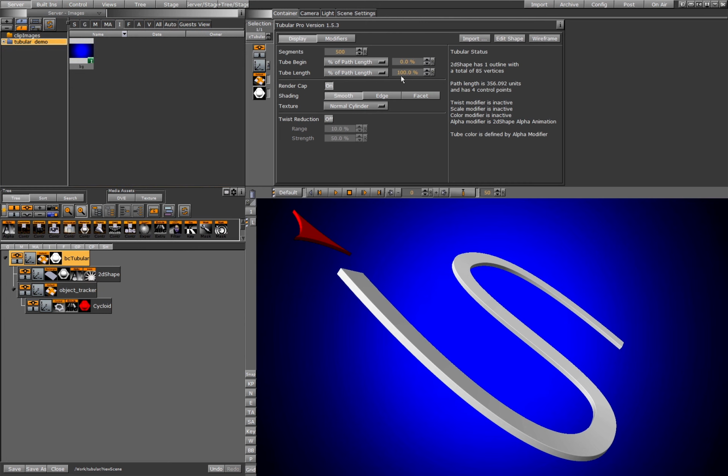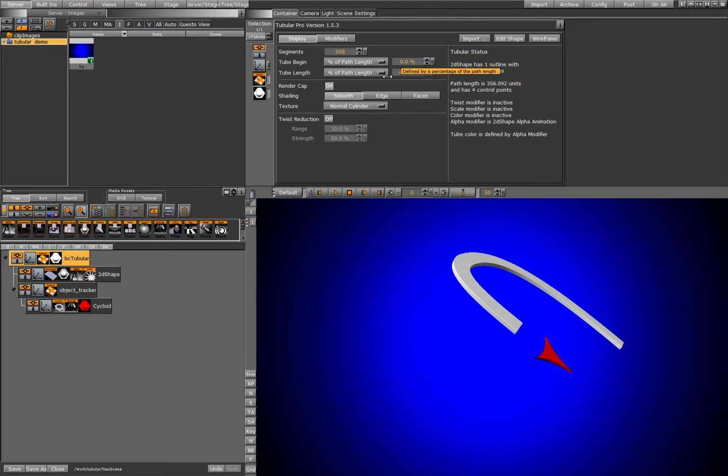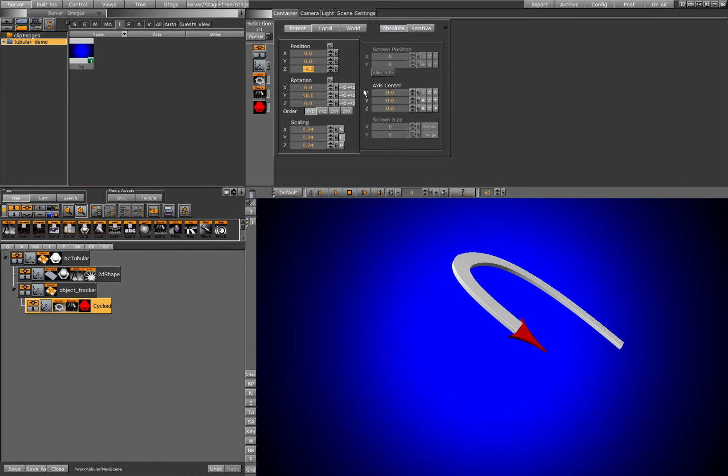Then we can go back to our Tubular 3D plugin and change the tubular length value. You can see that our tracked object now follows the end of our shape. We can also go back to our track shape at any time and adjust the relative position. For example, let's move the arrow closer to the end of the Tubular 3D shape. We have now created a really cool directional arrow, and that brings us to the end of the Tubular 3D